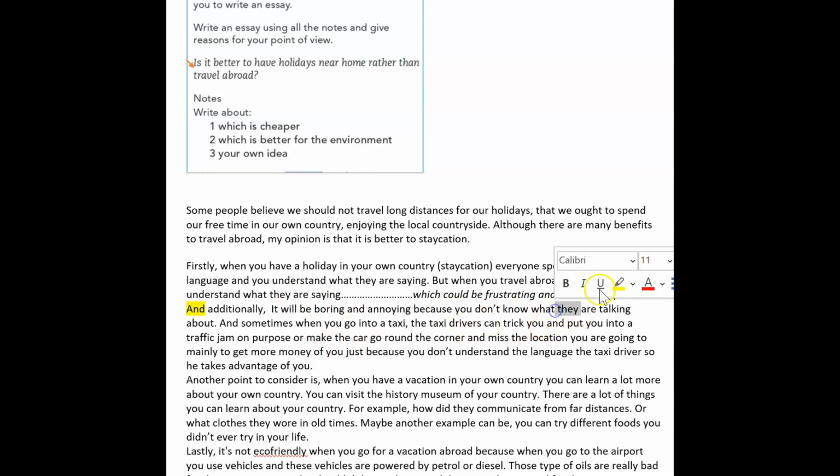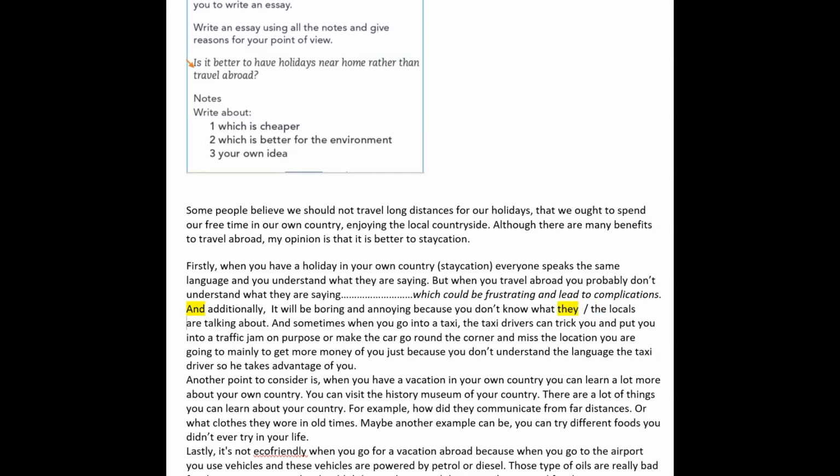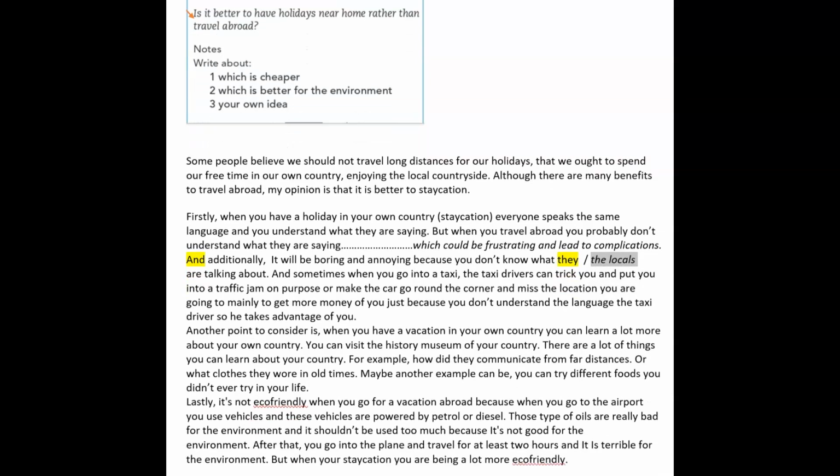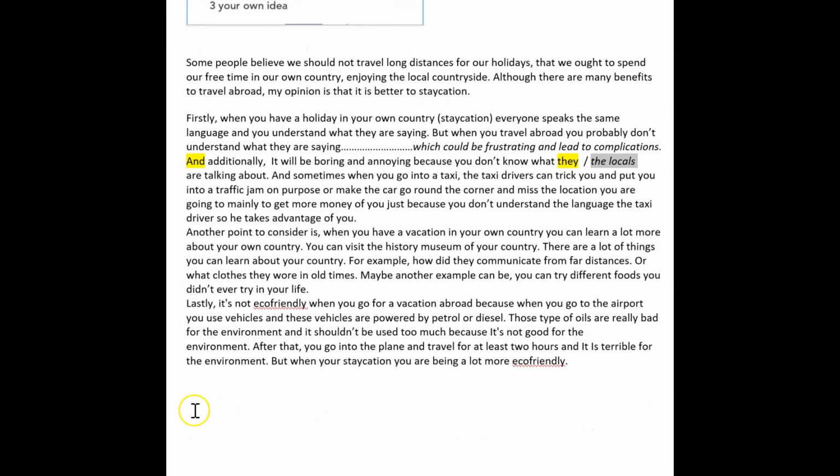Who's they? You need to tell me who they is. I think maybe you mean everyone, but okay, let's be better than that. The locals are talking about. So really important, and I think I made a point about not using you and not using they so much. This is a really important thing to start thinking about when you're going to start writing, certainly for the GCSE stuff, rather than